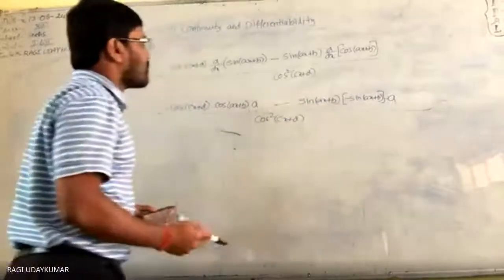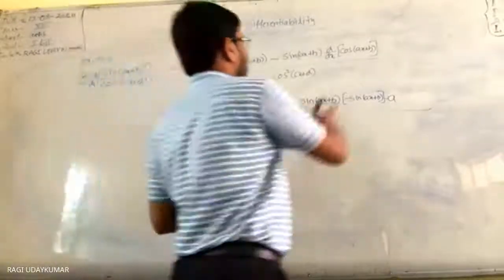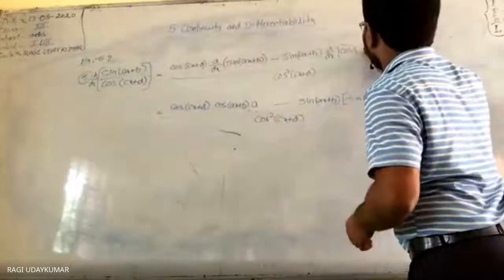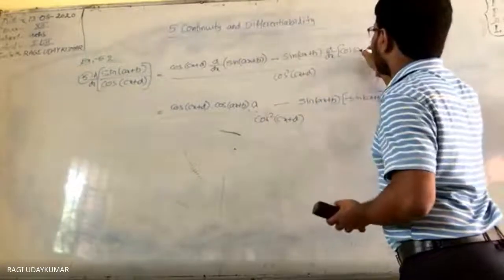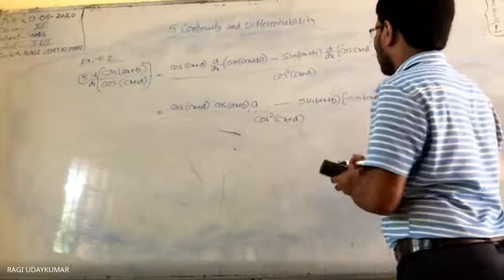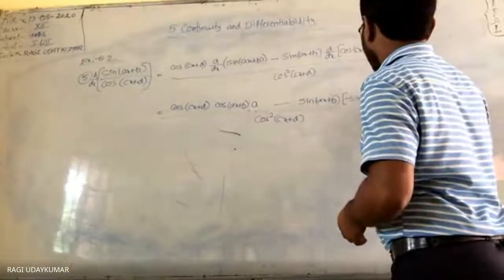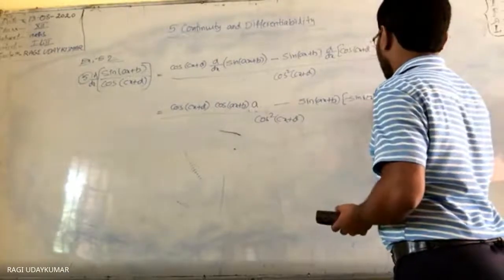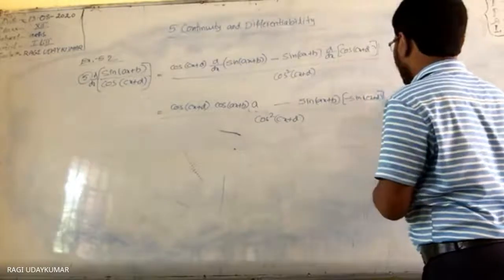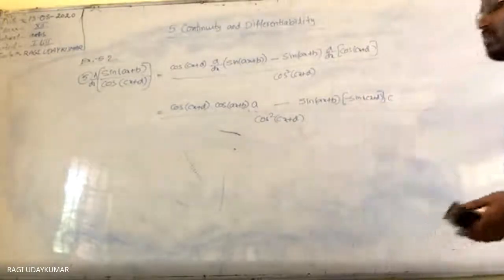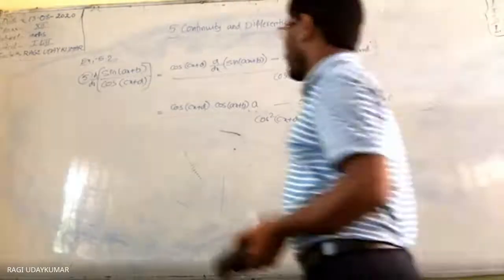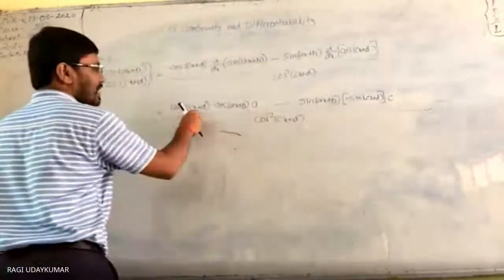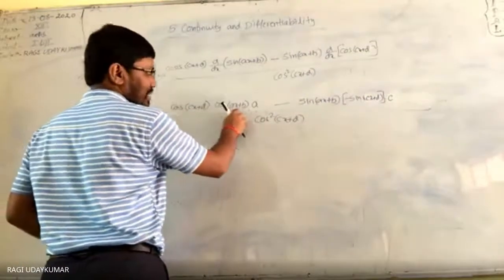Sorry, I made a mistake. Here cx plus d, cos cx plus d. So here you are going to get cx plus d. The differentiation of that one will be equal to c. So for the final you are going to get a into cos cx plus d into cos ax plus b